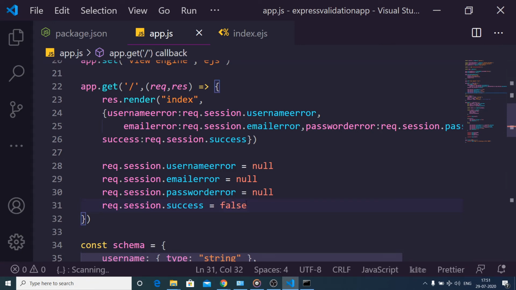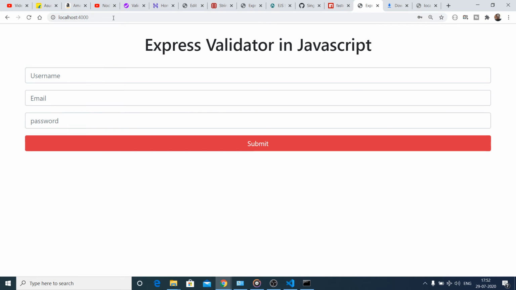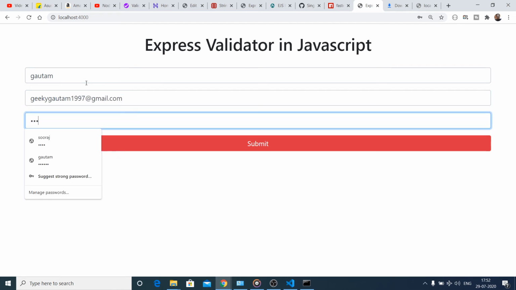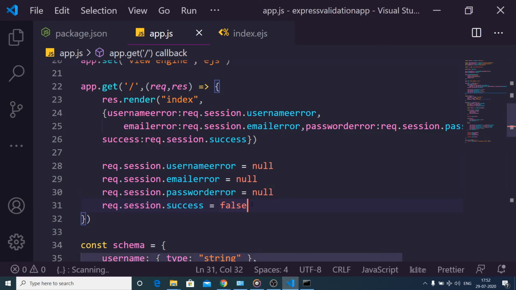Request dot session dot, yes. And now if I check, because if I reload the page, it is still... And now after this, guys, we also need to print out the error messages if any kind of error is there.